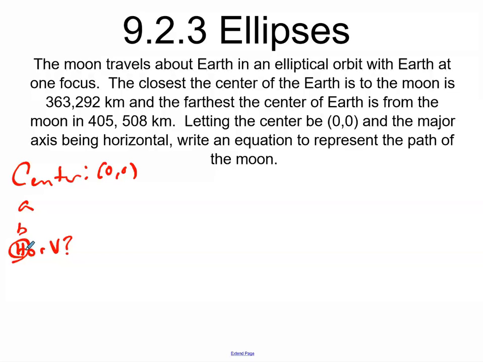But the only pieces of information we're given are that the closest the center of the Earth is to the moon is 363,292, and the farthest is 405,508. So here we have an elliptical path. The moon